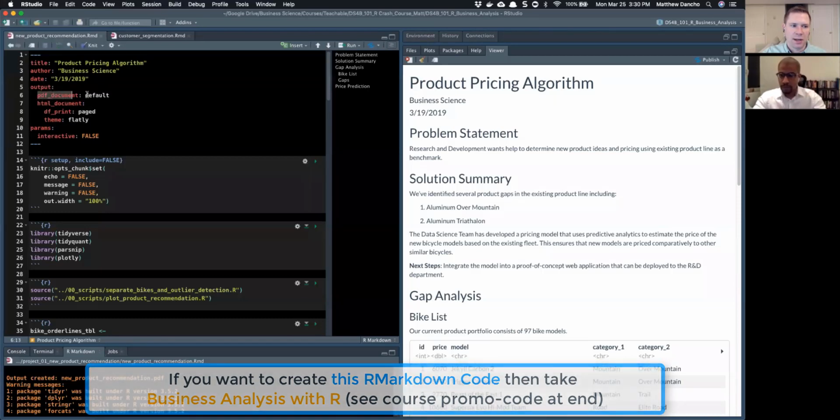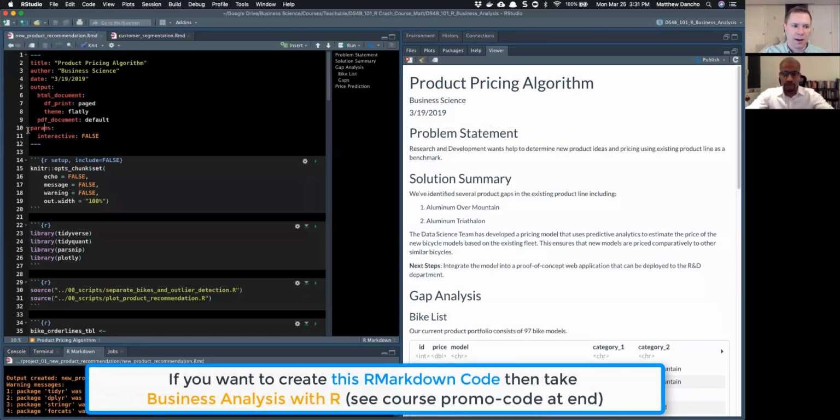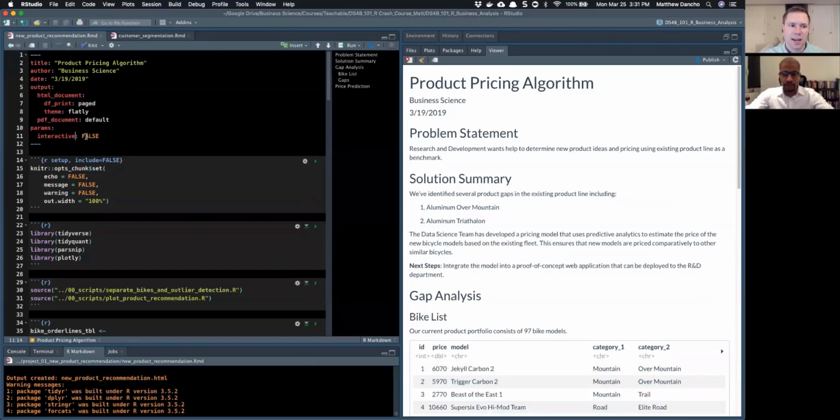Right now, PDF document is first, so when I click the knit button, it's going to knit to PDF. If I switch it to knit to HTML, now HTML automatically gets moved to the top, and it's now printing an interactive report. And then it's got these parameters here, which is what we call parameterized RMarkdown. This is a special variable that I've added in here called interactive. And when I toggle that to true,